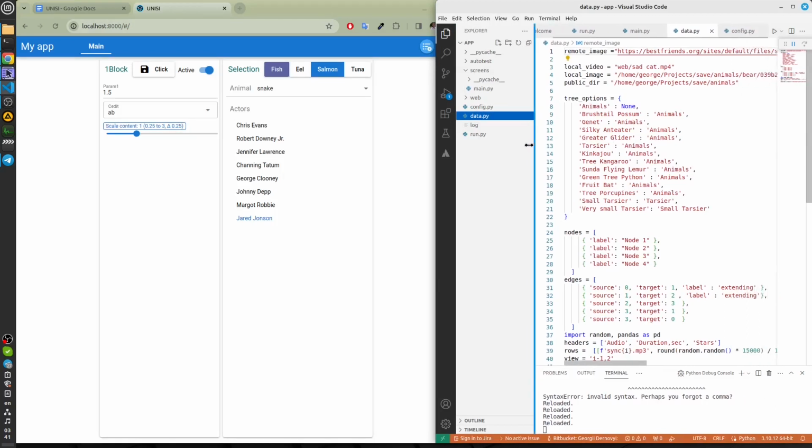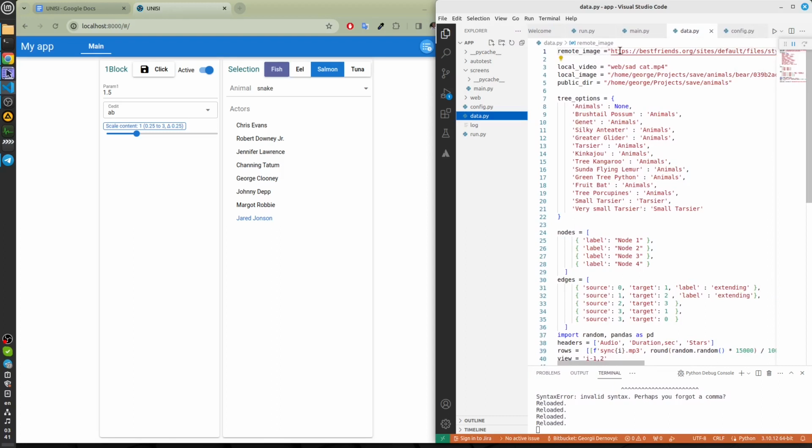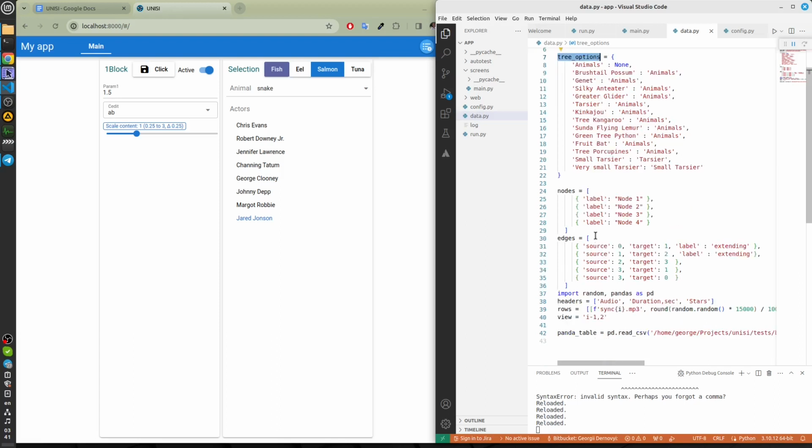Data contains a remote image address, tree options, in which each tree element is referred to its parent, and for the graph, nodes, edges, for tables, rows, headers, and a Pandas table.